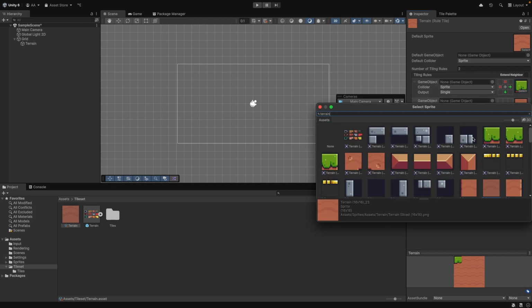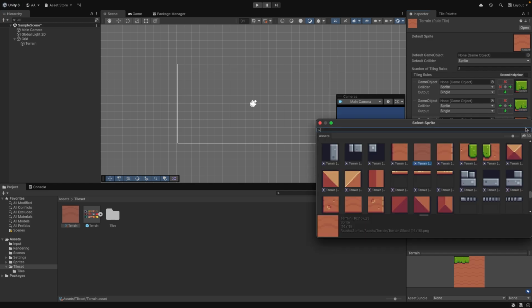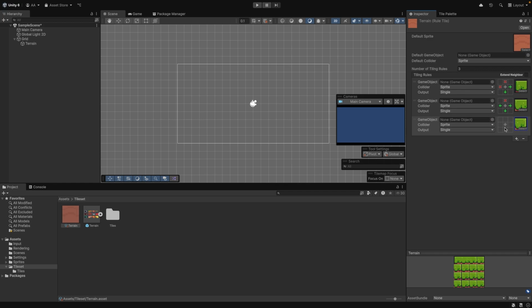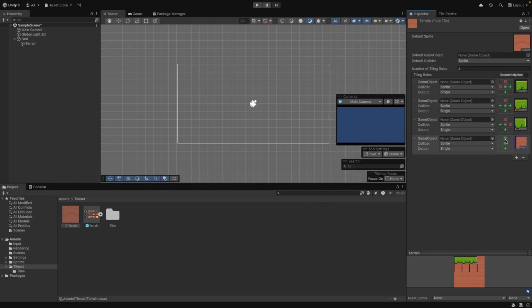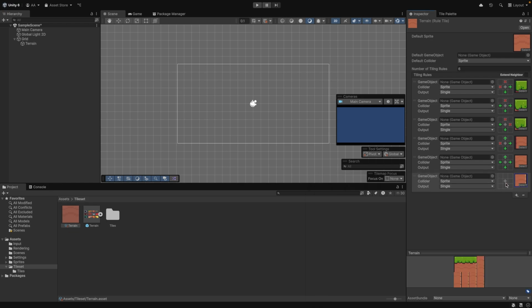Again, just copy paste, and I'm going to select the middle tile, and then it can't be at the top, but it can be at the sides. And I'm going to add another one, which is this, and then it can have these two, but it can't have these two. And then next I'm going to add another one. I'm going to select this, and it can have these three, but it can't have any tiles there. Then I'm going to continue adding them. The middle one can have any. Until I have made my entire